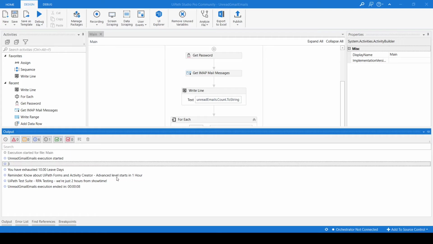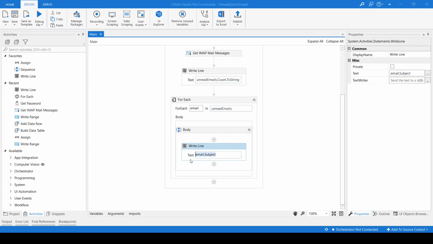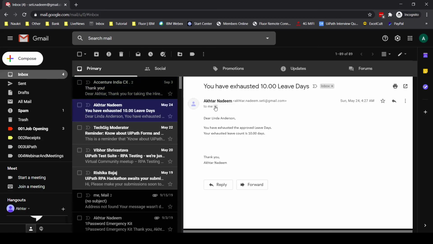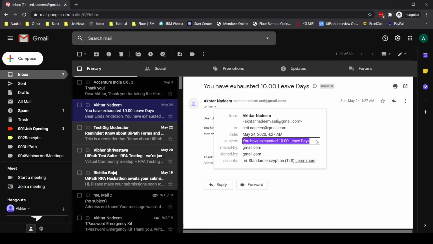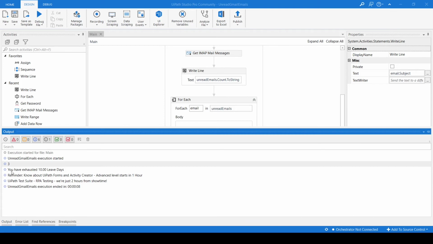So leave that part. The subject line, since we have read the subject line, what are the subjects of the emails? The subject of this one is: You have exhausted 10 leave days, right?